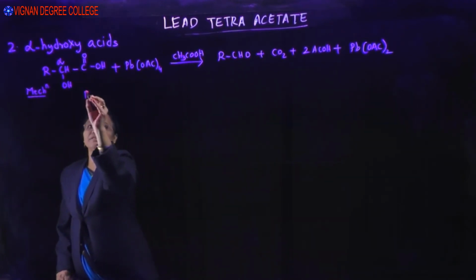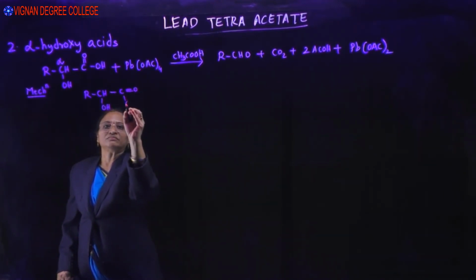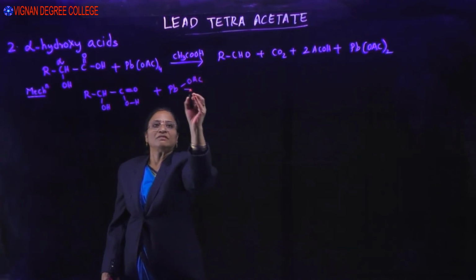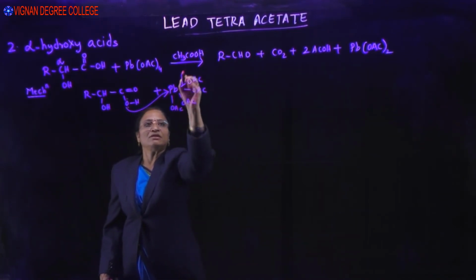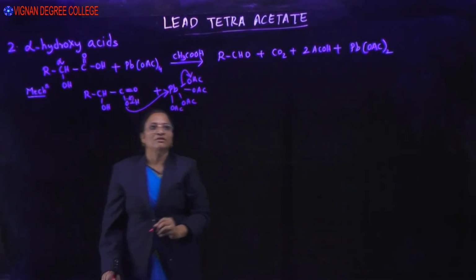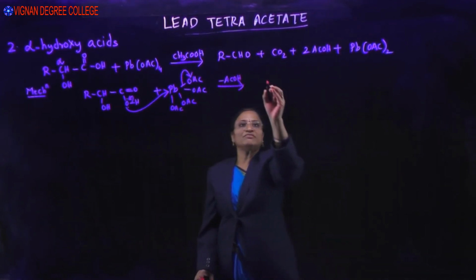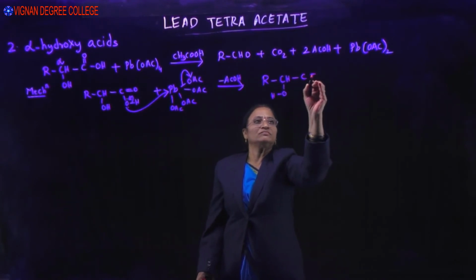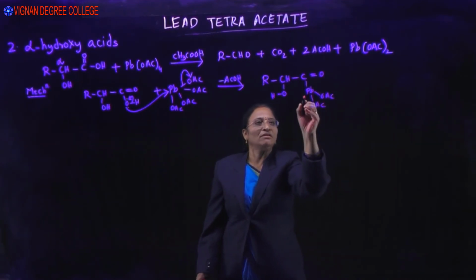So, if you see how the mechanism of the reaction occurs in case of alpha hydroxy acids. Alpha hydroxy acid, when treated with lead tetraacetate, undergoes the reaction with the oxygen with the elimination of your acid, that is acetic acid will be eliminated, leading to the formation of the addition of lead triacetate to your carboxylic carbon.